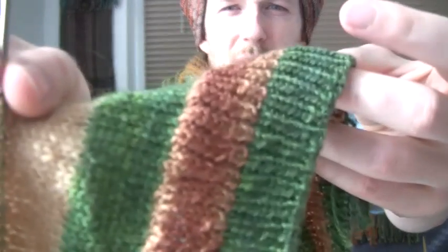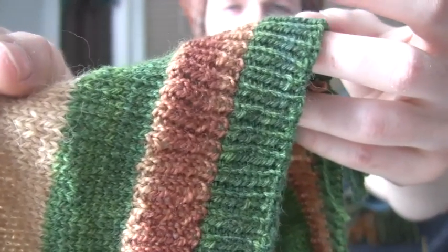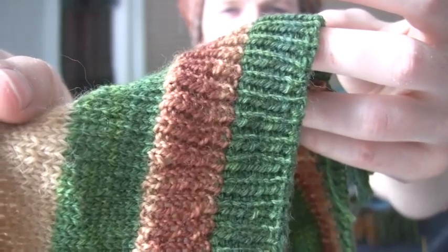One handy hint, and it did have this in the pattern on the ribbing, so I've used it on the rest of the colour work where I have a knit stitch. It does seem to look much nicer if you've got a column of purls and you're switching colours to knit the first row of the new colour. Now it seems like that would break it, but if you have a look at my ribbing there, I think that's absolutely fine. The first row of the brown there is knit all the way around and then ribbed. And I don't think you can tell there's a knit stitch in there,